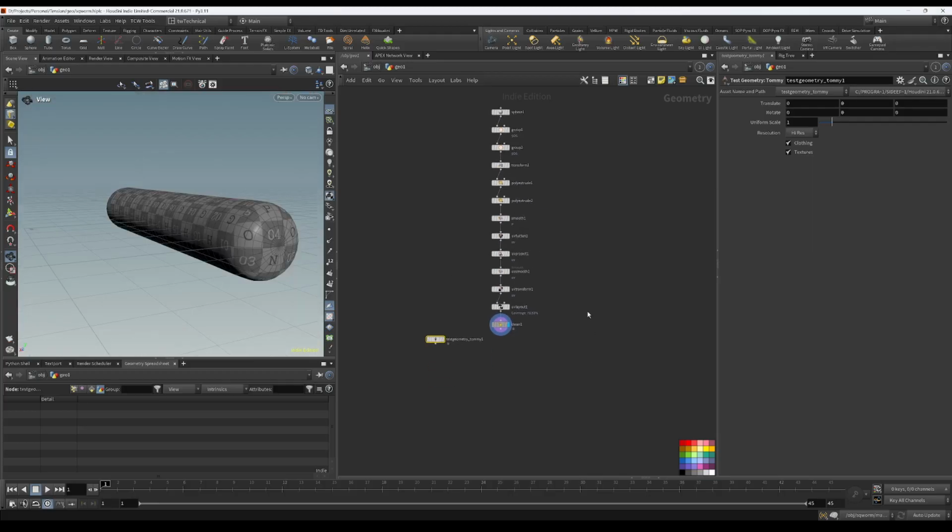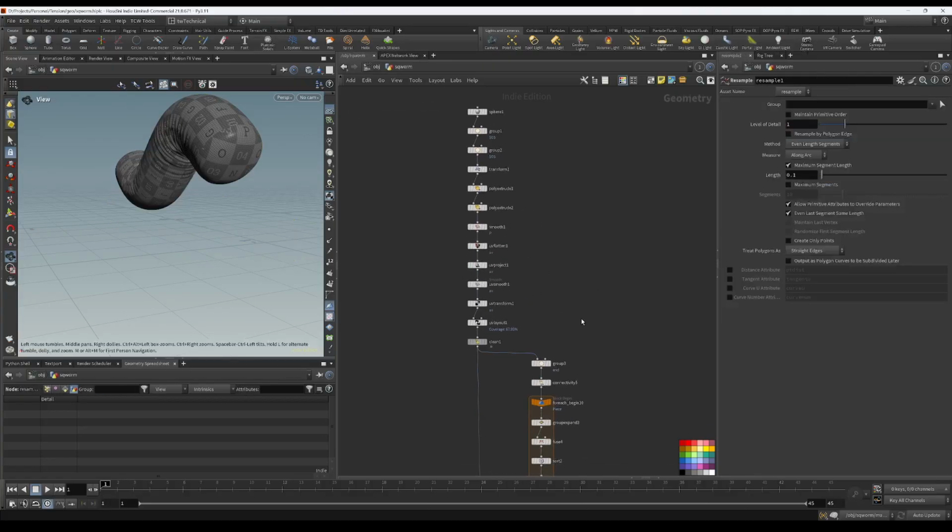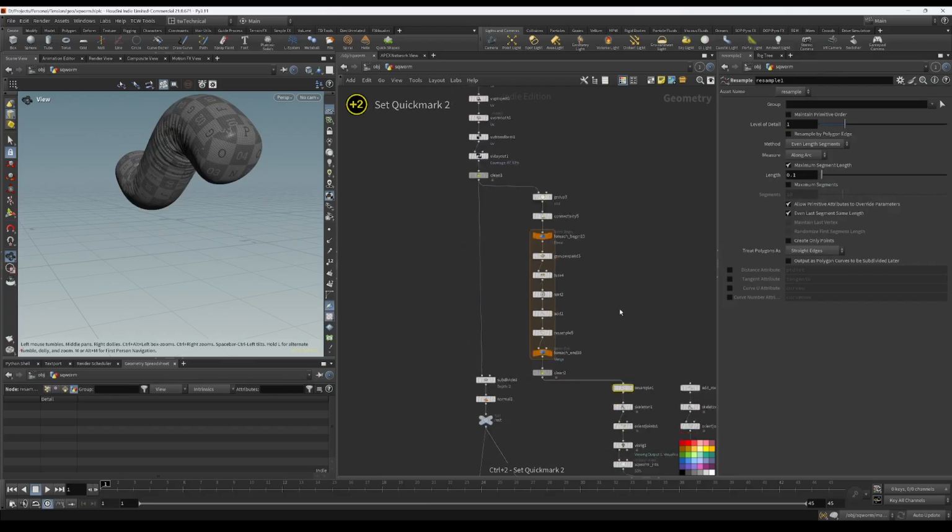Pretty basic. Fast forward that part. And then the next part I think that's fun is, let's see. So I'm going to press Control 1 to create a bookmark here. If we go back to our other scene, I'll press Control 2. So the fun part,